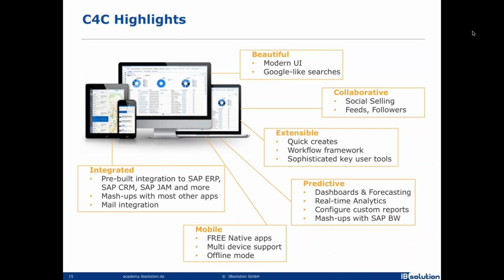If you need to integrate with another external system and embed some functionality in the Cloud for Customer, it's also possible using the so-called mashups. This functionality allows you to integrate, for example, Google Maps in Cloud for Customer so that you can see all the visits and the locations of your visits. Last but not least, it also provides groupware-layer integration, which means that you can synchronize your visits, your accounts, and even opportunities with your MS Outlook client.